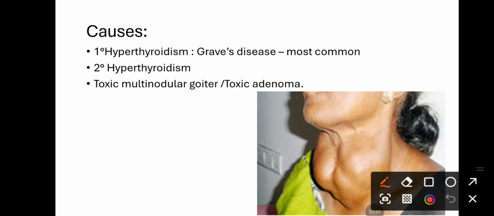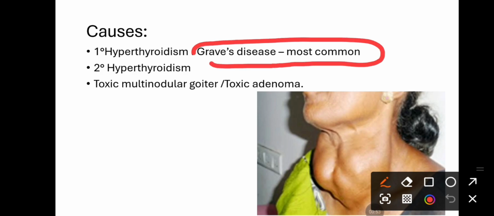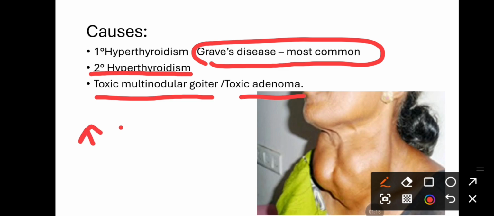So, in the etiology of primary hyperthyroidism, Graves' disease is the most common. The others are toxic multinodular goiter or toxic adenoma, thyroiditis, and excess iodine. Coming to secondary hyperthyroidism, there will be a TSH stimulating pituitary adenoma. It's a rare condition. So for the pathogenesis of Graves hyperthyroidism, there will be a rise in T3 and T4